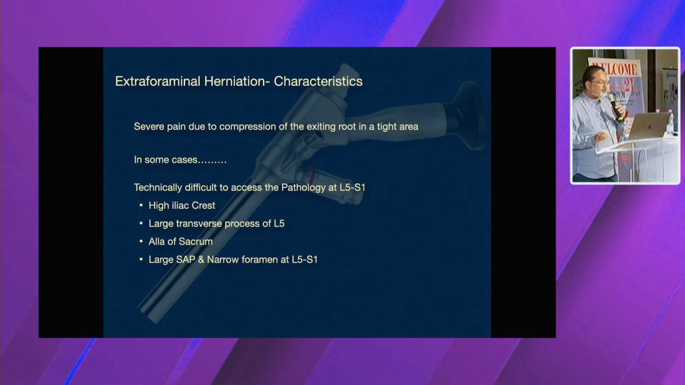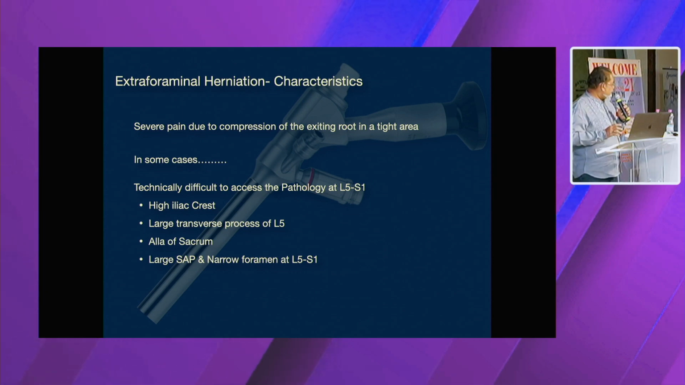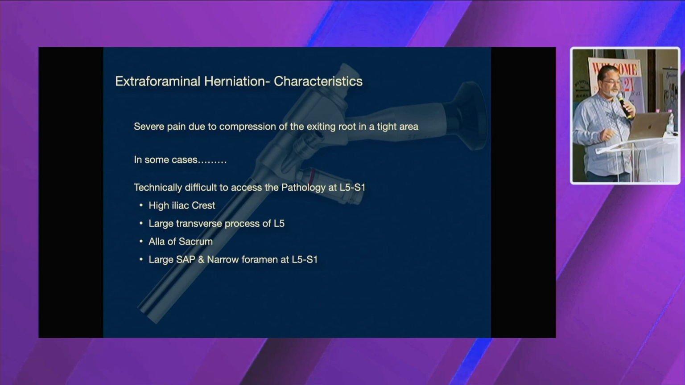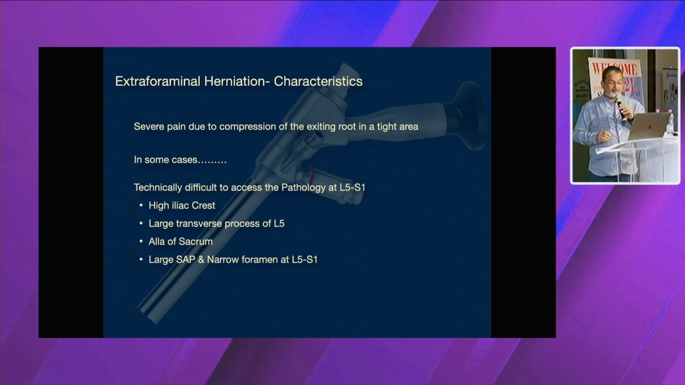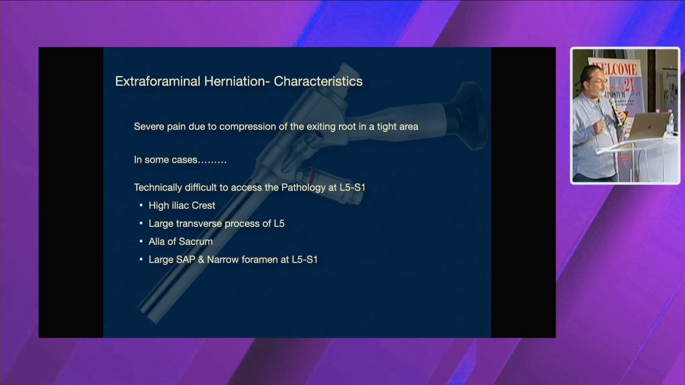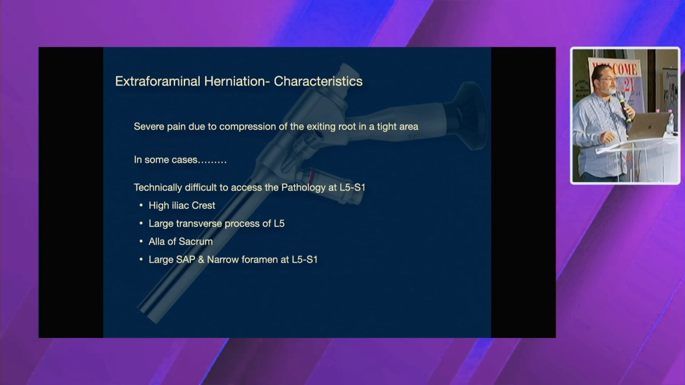Extraforaminal herniations are known to cause severe pain due to compression of the exiting root in the area, and if you have a foraminal component of the herniation, then you have a lot of pain related to the dorsal root ganglia. In some cases, technically, access to the pathology would be very difficult, especially at L5S1 due to the high iliac crest, the large transverse process of L5, the ala of the sacrum, and a large superior articular process